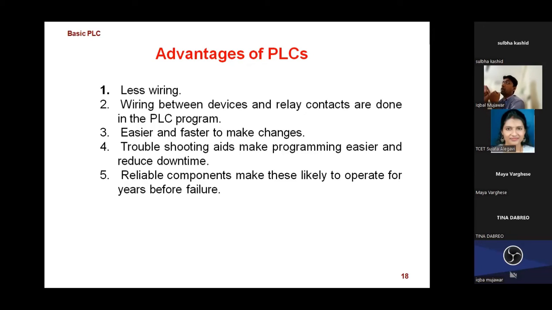We need to connect the addresses properly. Addresses are very important; we'll see that afterward. What is the address? How can we connect the input output addresses? How is it connected with the PLC ladder coding? That is a disadvantage of PLC. It is very minor, I can say, but lots of advantages are there.